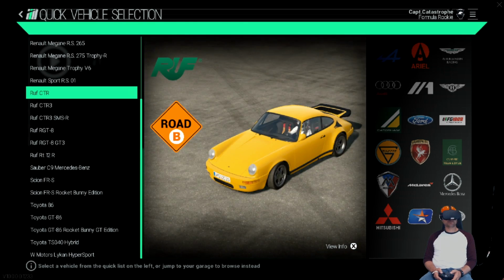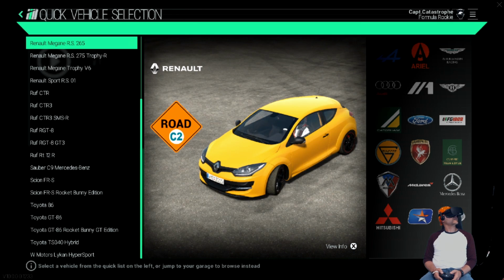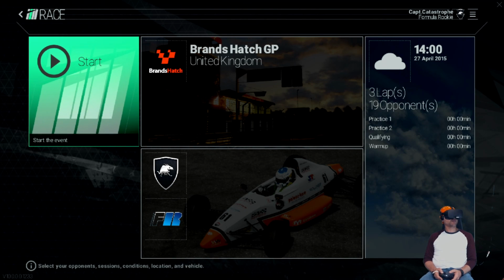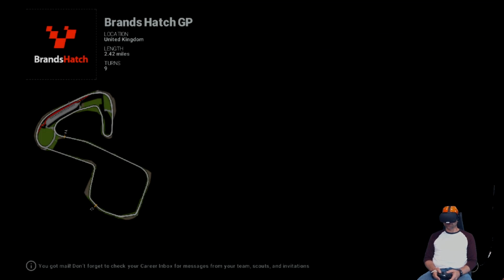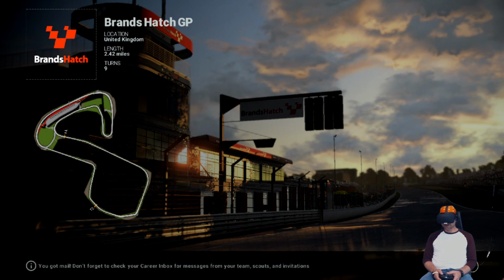The one we're going to be playing with today is, I'm going to take a look up here in the corner again, get this started, the Formula Rookie car. And we're going to play on the United Kingdom track. So not too many turns, 9 turns, 2.4 miles there, 3 laps. Same class,